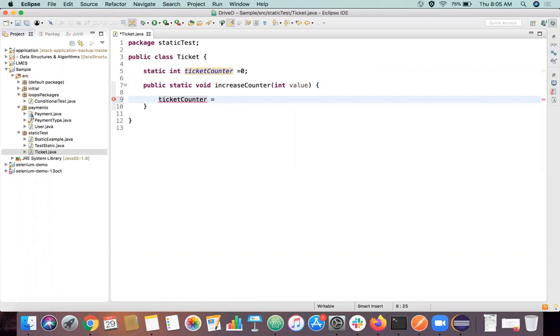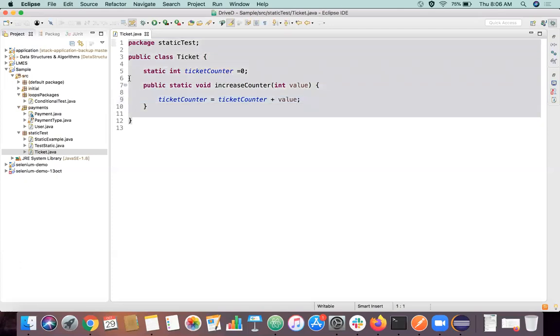Just say ticketCounter is equal to ticketCounter plus this value, right? So that is all I'm going to create in this particular class.